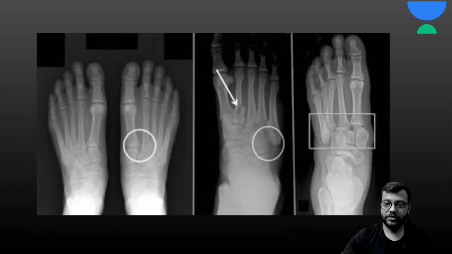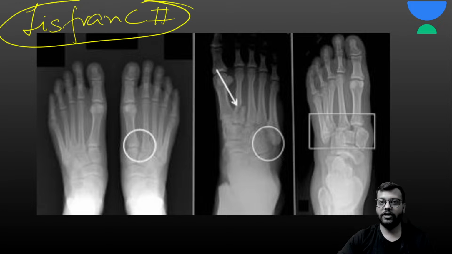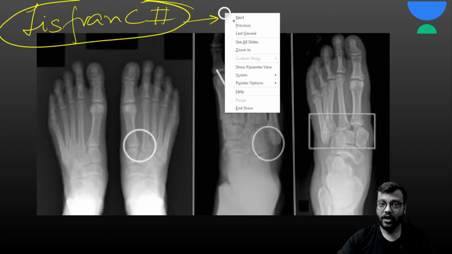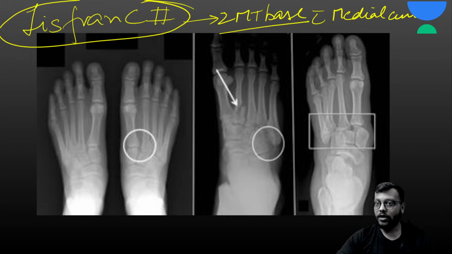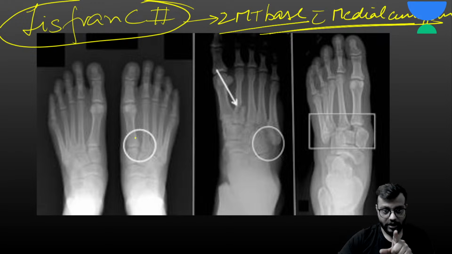Okay, now this fracture is very important for examination. This is your Lisfranc fracture. Okay, Lisfranc fracture generally क्या होता है? Lisfranc fracture is the metatarsal joint का disruption होता है. And here what you have, here you have second metatarsal base with medial cuneiform का disruption. And here एक इसी डायरेक्शन में, in this direction you have the Lisfranc ligament which is torn and it is